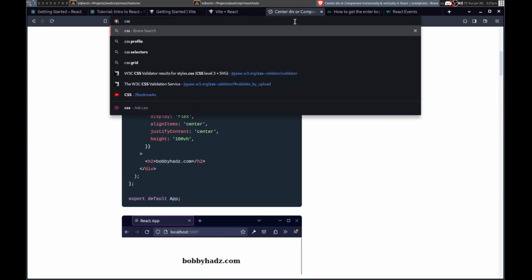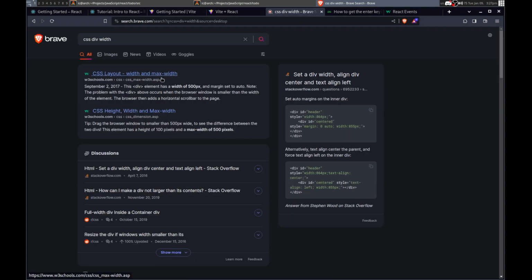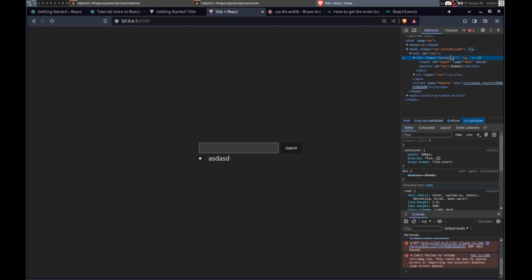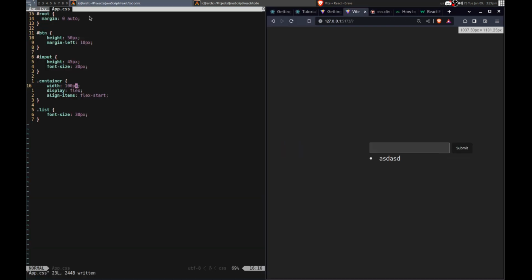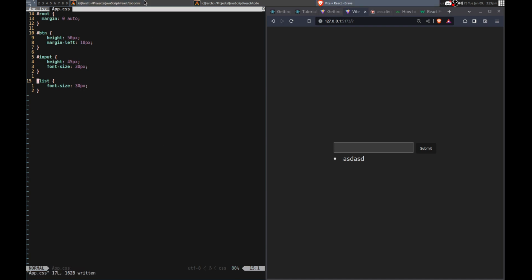It says, big... 100%. Pixels does affect it. Maybe I don't need this. Okay, let me start over.